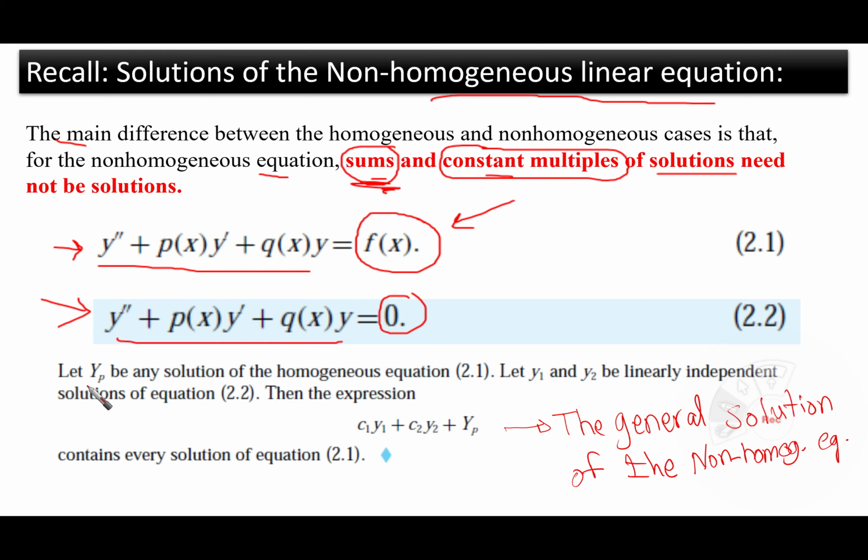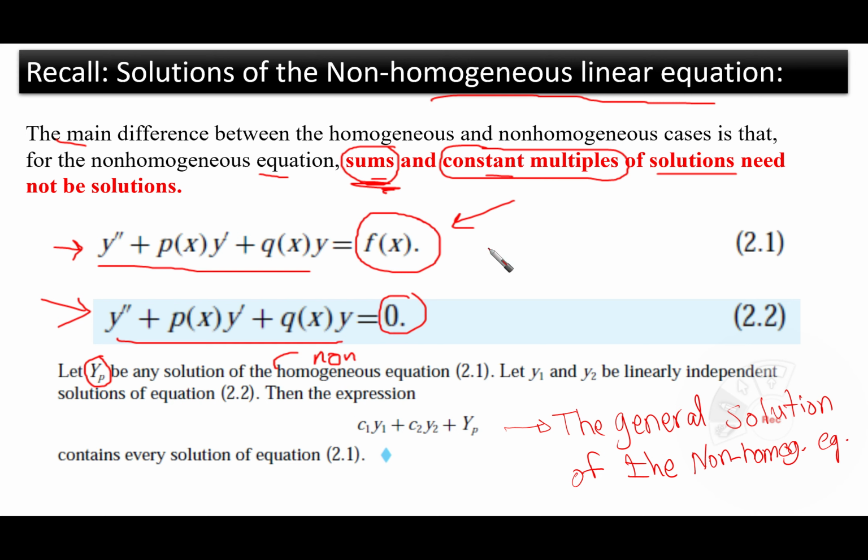And we mentioned that we assume something called yp, which is the particular solution. Let yp be any solution of the... 2.1, I think there is something wrong here. It should be non-homogeneous, sorry. Here it is non-homogeneous. So we say that yp is a solution for the non-homogeneous equation,